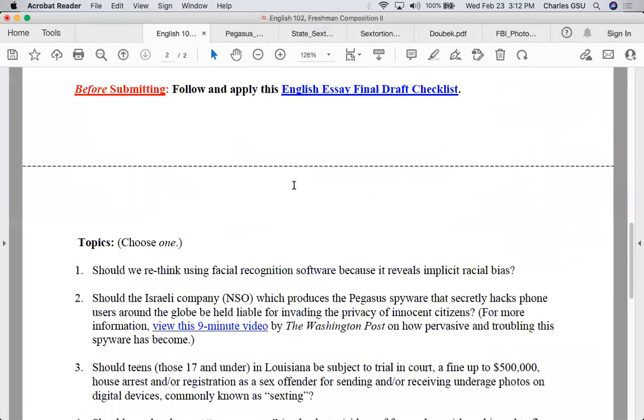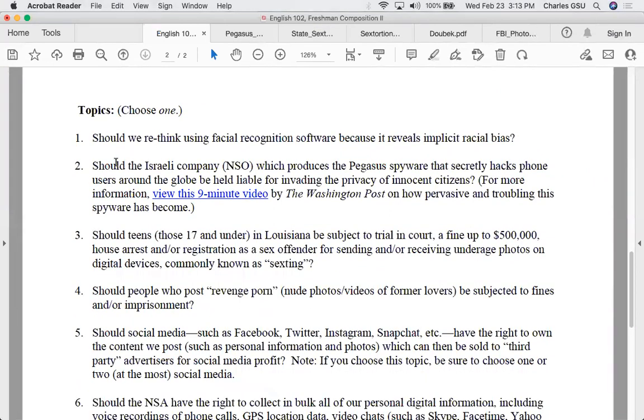And on page 2, again, I've broken it down into various kinds of topics. And they're all, as you can see, pretty much in the argumentative format of should, which means that you take a side, yes or no, or it depends on what degree. So number 1, for example, if this interested you, should we rethink using facial recognition software because it reveals implicit racial bias? Well, it's well known now, but it wasn't at the start of facial recognition usage, that facial recognition